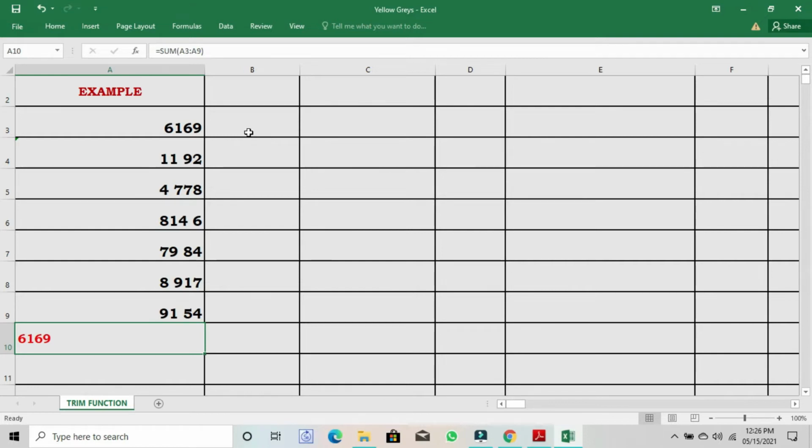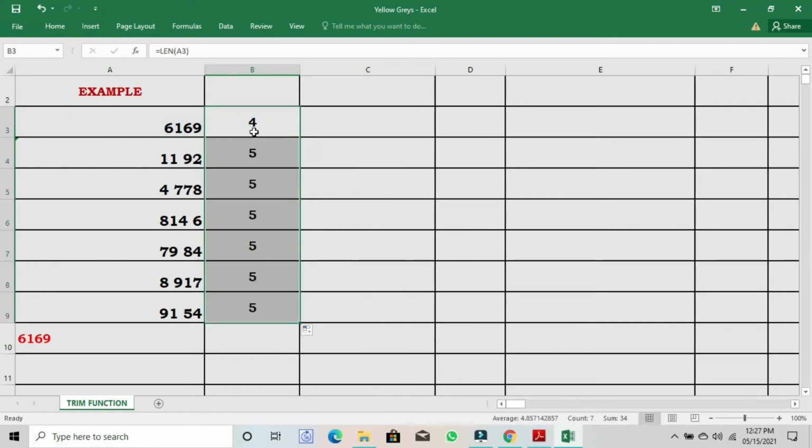Let's check the length of each example with the help of the length function. See, in between the numbers there exists some space. In order to do calculations, we need to remove all those extra spaces.